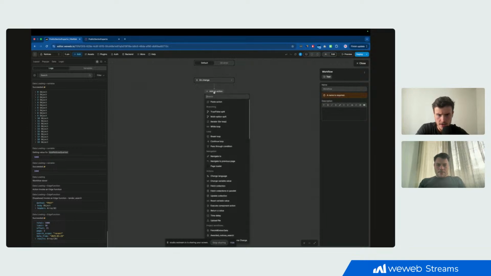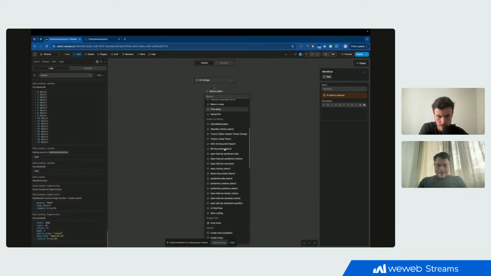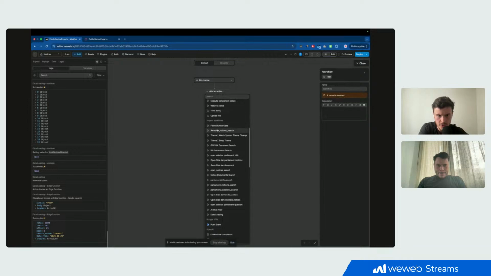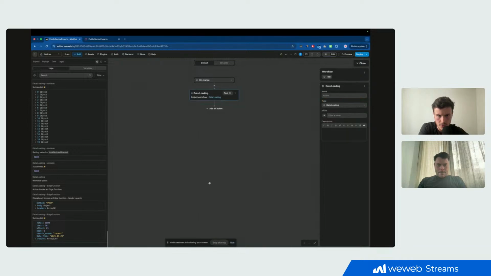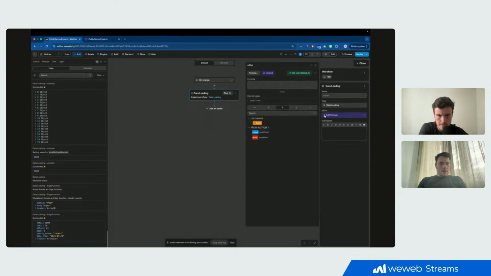I can't remember exactly what this returns, but let's see. So if you call that, I know we've changed it now. If you scroll down, there should be a section where you have all of your global workflows here, and then data loading, I see it at the very bottom. Yeah. And now for the offset, if you bind this and open up the event there, I'm just curious what gets passed here. Cool, okay. And then if you pass in the offset,